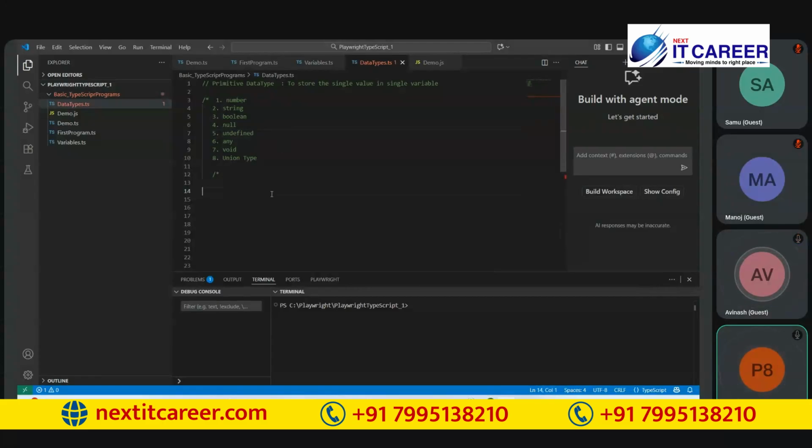Yeah. So the first data type is number. This data type is used to specify numbers and decimal values in a variable in TypeScript.